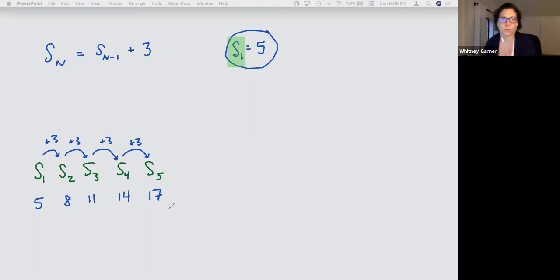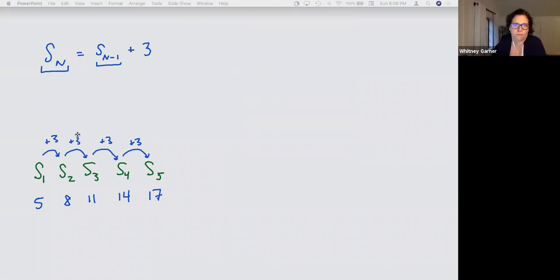The biggest thing for sequence notation is you want to be able to read it. That this literally says for any term in your sequence, it's defined. You know what it is by taking the term right before it and adding something to it or multiplying it by something or what have you. They can even, if they really want to make it tough,